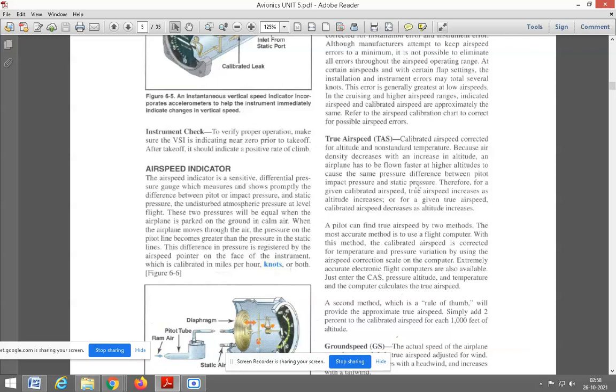So that maintenance is calibrated, I mean taking the measurement of airspeed, and that will be called a true airspeed. Okay, so therefore for a given calibrated airspeed, the true airspeed increases as altitude increases. So as altitude increases, your airspeed indication has to be increased. Okay,